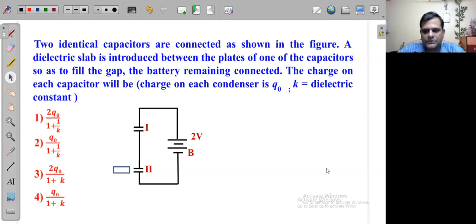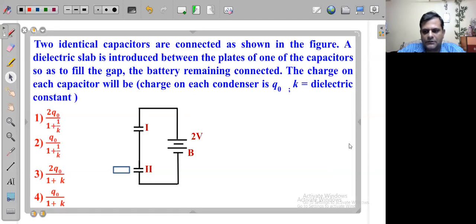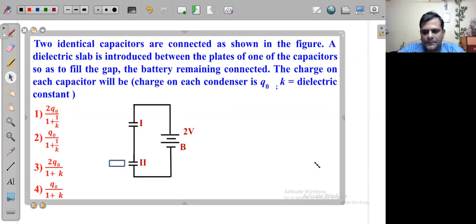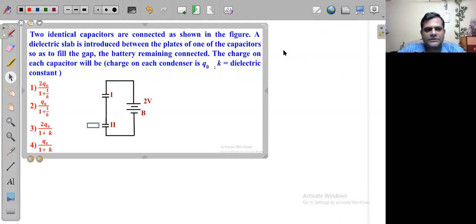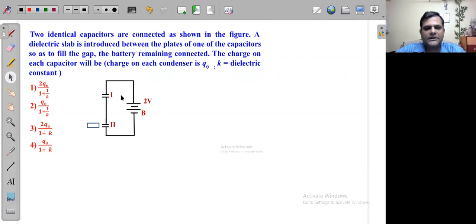Okay, so let us read the question once again carefully. Yes, two identical capacitors. So both of these capacitors are the same in area, in the distance between them, and everything is the same. So both have the same capacitance. Now see this, if the battery is kept connected and we insert this dielectric slab between the two plates of the lower capacitor, then in such a situation what will be the charge